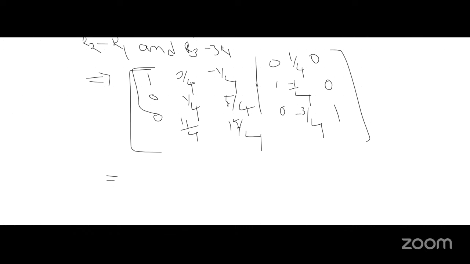So what we are doing is R3 minus 11 R2, and then we have to do the 4 R2 also. So from there we are getting that